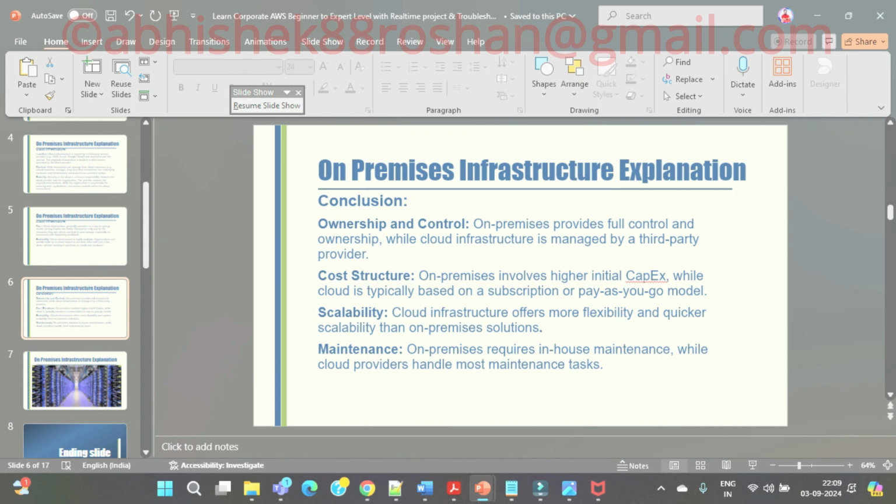When you see huge traffic, services automatically scale up your VMs, and when there is no requirement, they delete those VMs. So cloud infrastructure offers more flexibility and quicker scalability than on-premises solutions.